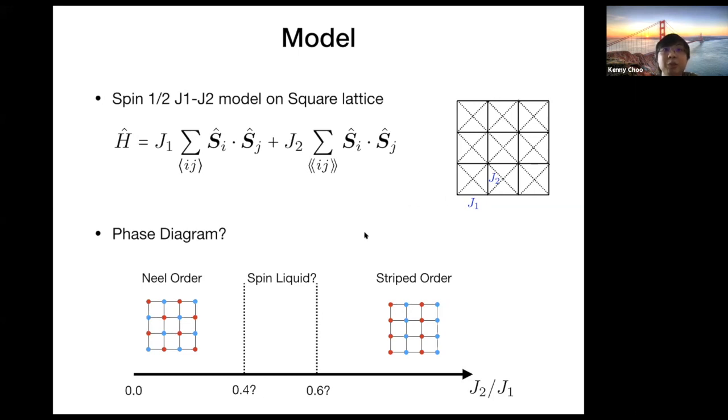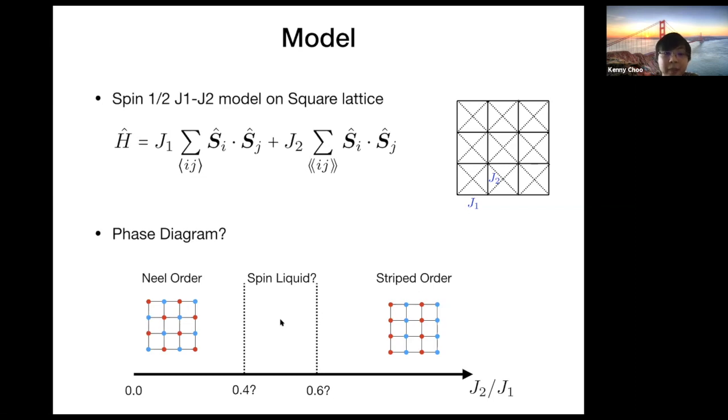It's an open problem where the phase diagram is not completely agreed upon. In the extreme limits, the phases are known. For small J2, we have this Néel ordered state where we have this checkerboard configuration. And at large J2, we have some kind of striped ordered phase. But in the middle, which is also the region of maximum frustration, it is not completely clear whether there is a spin liquid phase, and even if there is a spin liquid phase, it's not completely clear what is the nature of that phase, whether it's gapped or gapless.